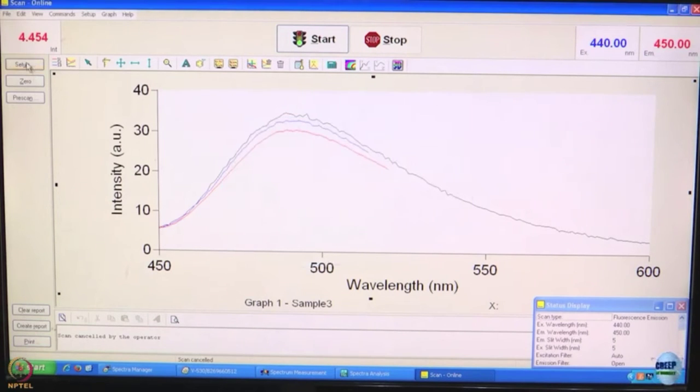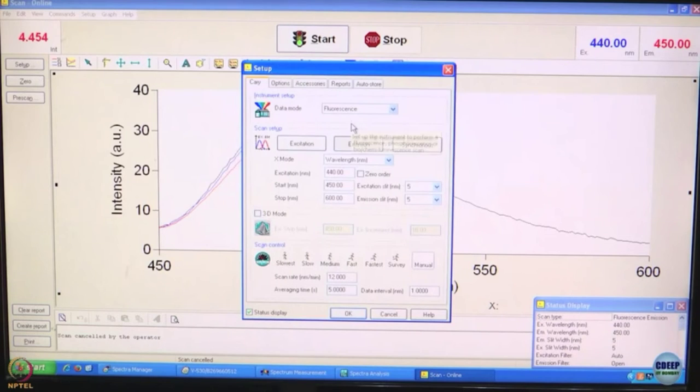As we had said, there are two monochromators, one here and one there, one excitation, one emission. In the experiments that we have done so far, we have recorded an emission spectrum, meaning the excitation wavelength has been held in a particular position and the emission spectrum has been scanned. Let us do just the opposite now.